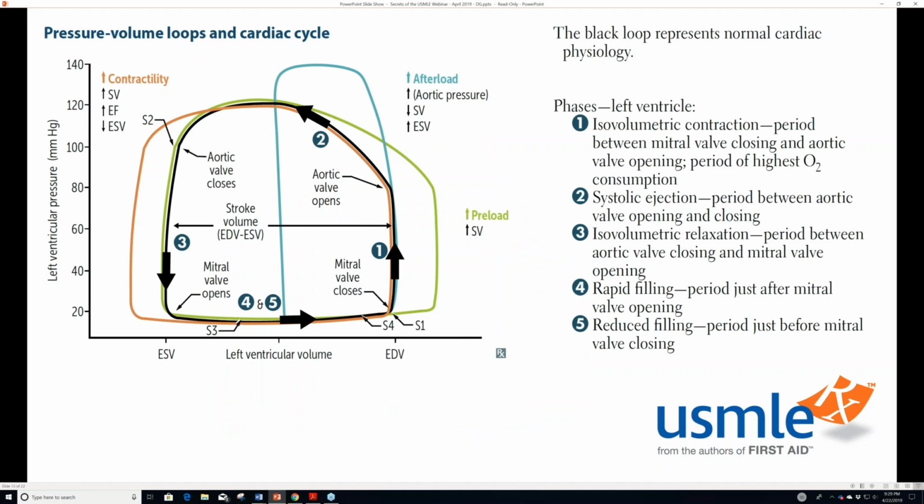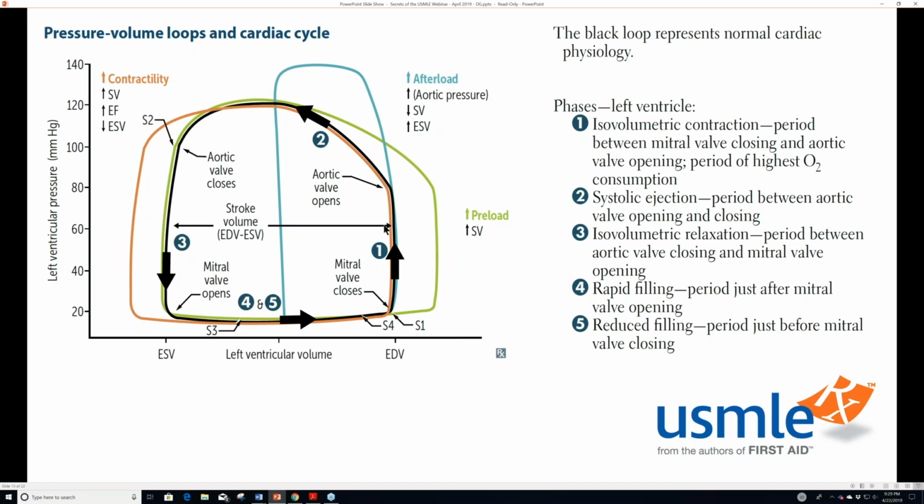Okay. So this image can be found in your first aid book, and it's just a pressure volume loop. You have your left ventricular pressures on the y-axis, and on the x-axis you have your left ventricular volumes. You can see your end systolic volume designated on the left-hand side, and your end diastolic volume designated on the right-hand side. So if we start out here at 1,